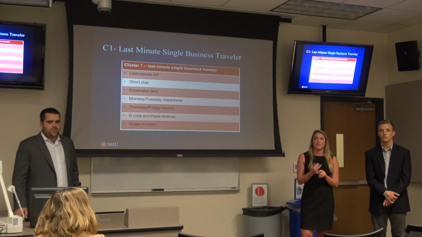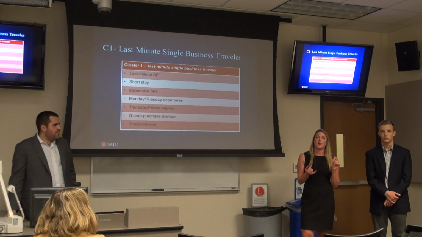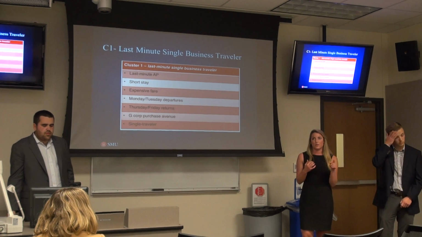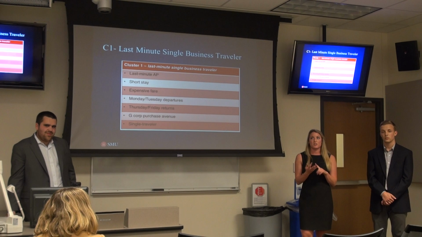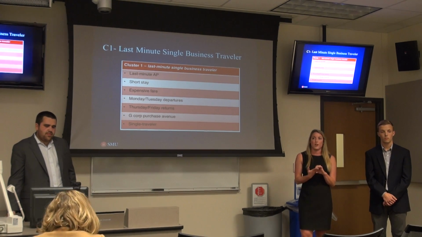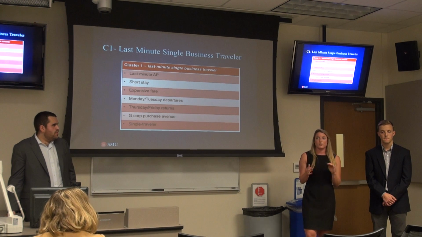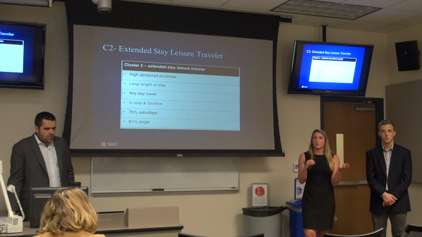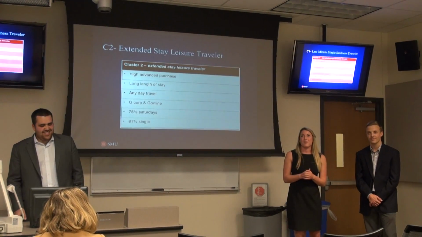were staying the weekend. So for example, on the next slide, we have cluster 1. So it's the last minute single business traveler. We came to that classification because it had a lower advance purchase number, and then it had a shorter length of stay, a more expensive fare. They departed on Monday or Tuesday and returned on Thursday or Friday, and then they used G Corp as their travel agent, and it was mostly a single traveler purchase. So then we decided it was a last minute single business traveler from all that.